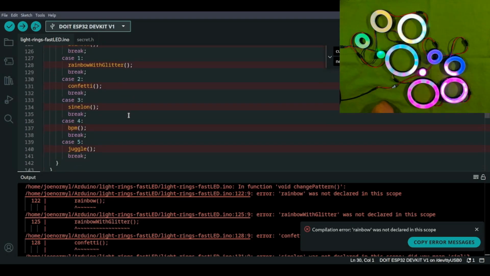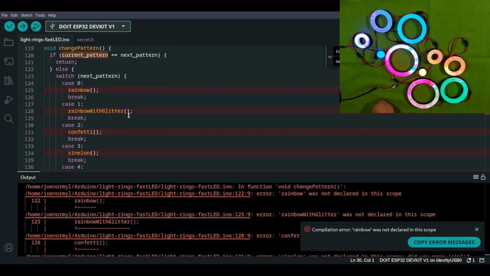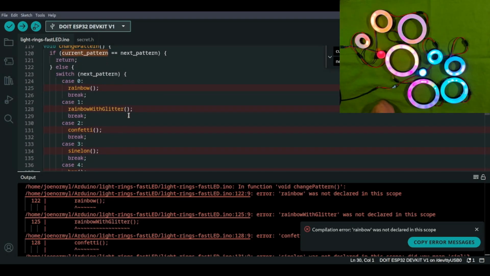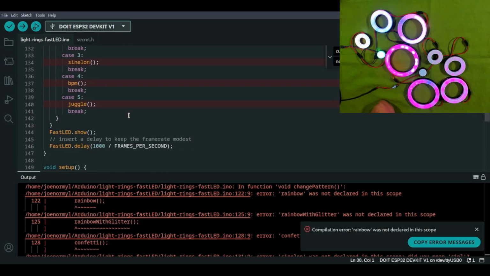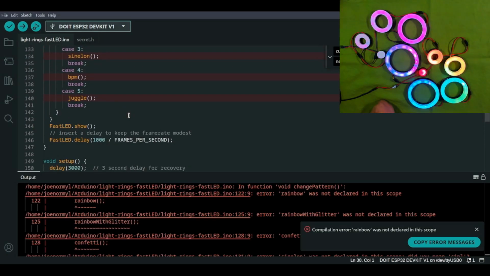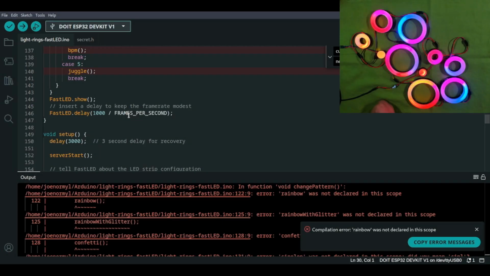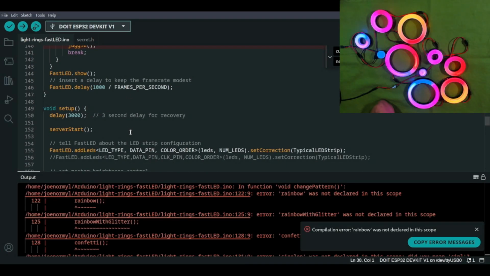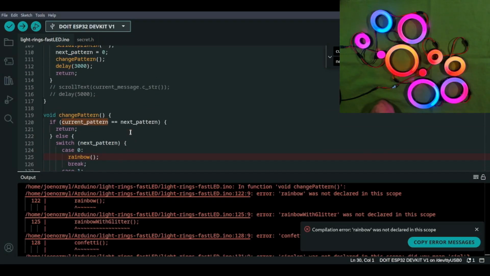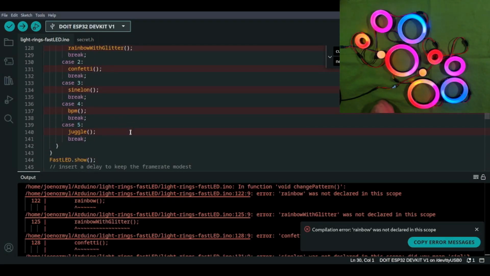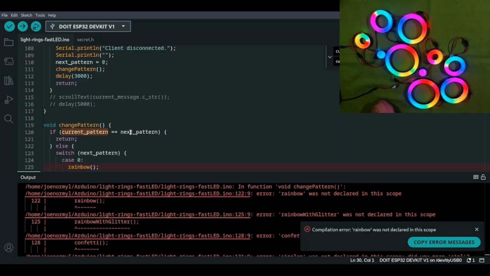Because in the switch case, you're not returning anything. So you need to return at the end of your switch case, I think, like after line 142.